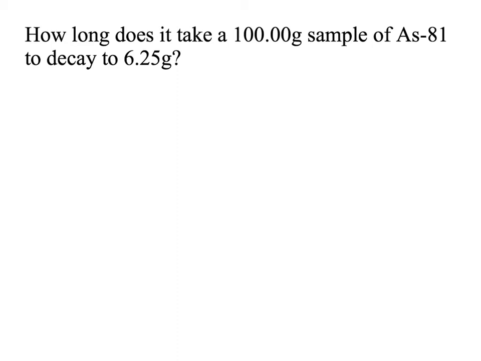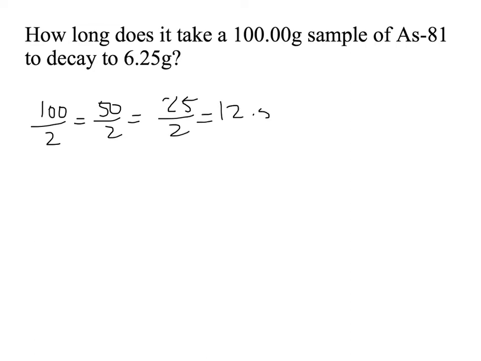So the first thing we're going to do is figure out how many half-lives it takes to get from 100 to 6.25. Well, I'm going to just start dividing 100 in half and see how many half-lives it takes. So after the first one, we have 50. After the second one, we have 25 that remain. Divided by 2 would be 12.5. And then divide that in half, and there we are, 6.25 grams. And so it looks like we took 1, 2, 3, 4 half-lives in order to do that. And so we know 4 half-lives